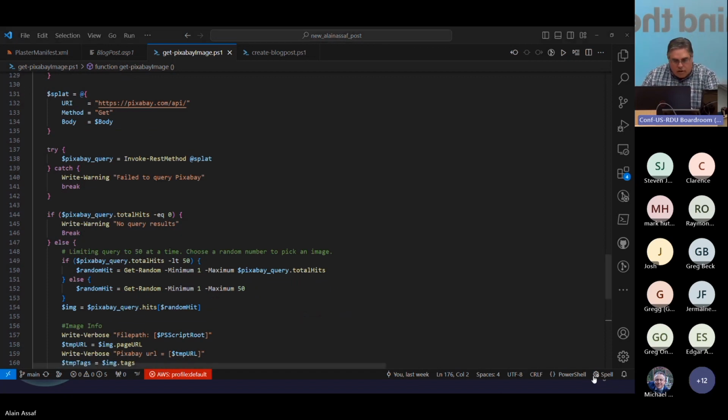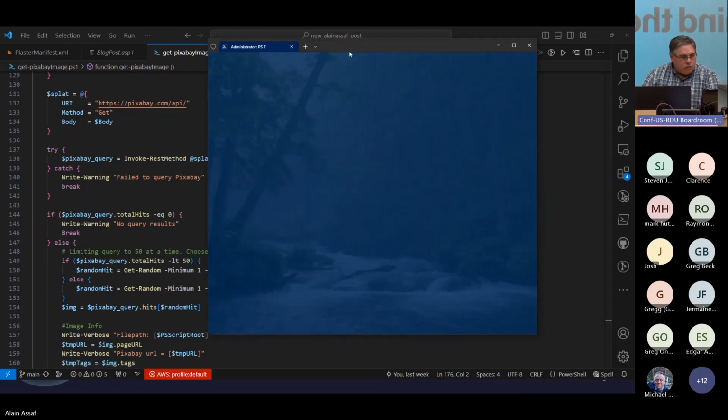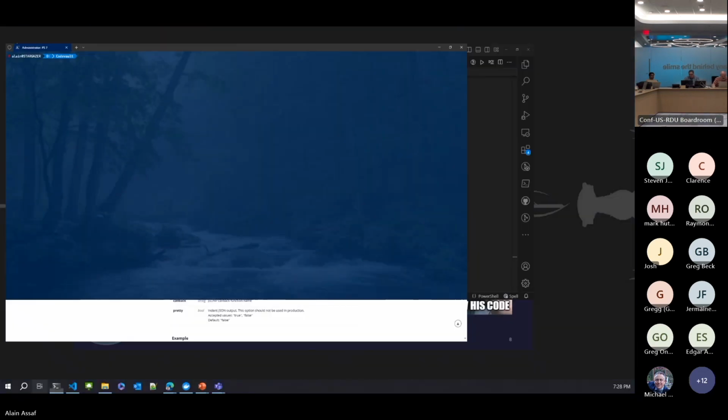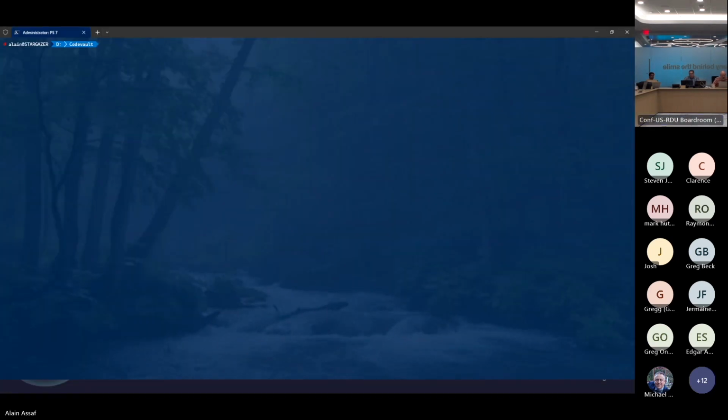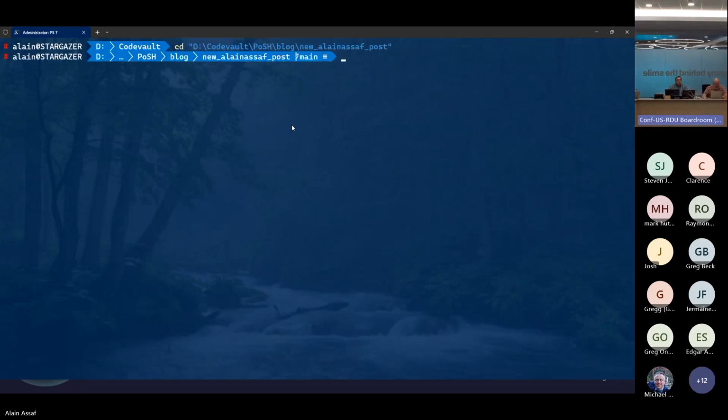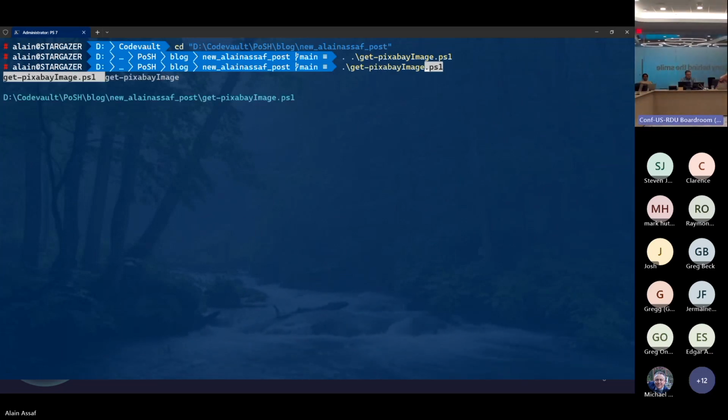I just got to figure out where I put my terminal. Oh, I didn't have one. Let's go to terminal. It's over here. Okay, that's pretty good. I need to dot source this sucker real quick. All right. Get-PixabayImage